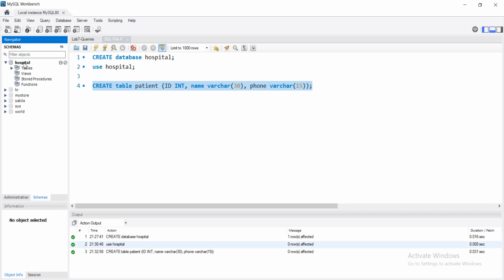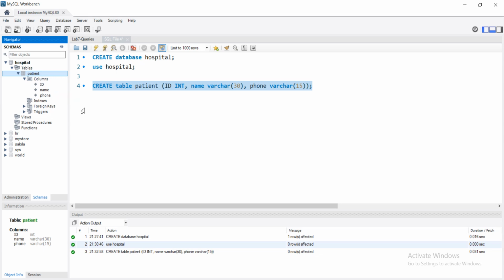So within the hospital database there is a tables object. Just click on this triangle icon and you see that the patient table is available here. If you click again on the triangle icon available with patient at the left side, you will see all the columns